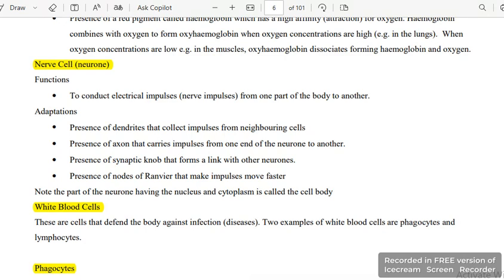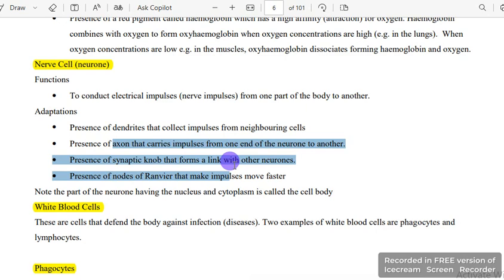They're the ones that help us to sense. If you touch something which is hot, you'll be able to remove your hand because there are nerve cells in our fingers. So they have those things. They have the presence of an axon that carries impulses from one end of the neuron to another. Then presence of synaptic knobs that form a link with other neurons. Presence of knobs of myelin that make impulses move fast. Yes, that is what we have under the